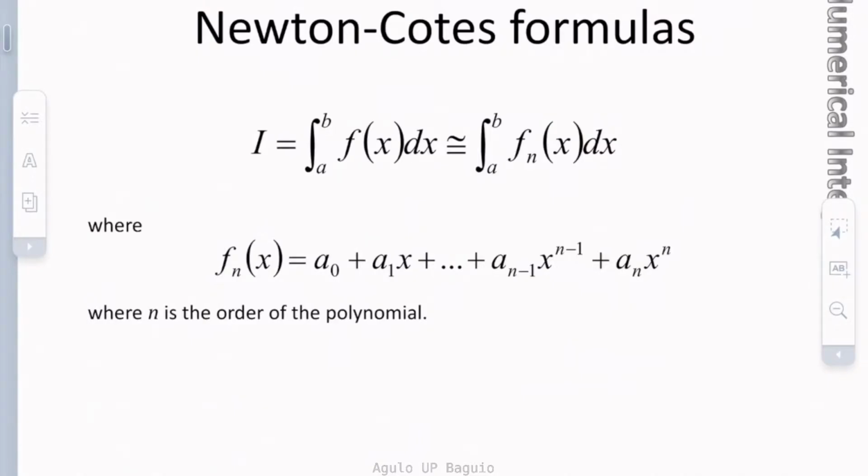They are based on the strategy of replacing a complicated function or tabulated data with an approximating function that is easy to integrate. As shown, f of x is replaced by a function f sub n of x, where f sub n of x is an nth order polynomial. For example, a first order polynomial is a straight line. A second order polynomial is a parabola. The integral can also be approximated using a series of polynomials applied piecewise to the function or data over segments